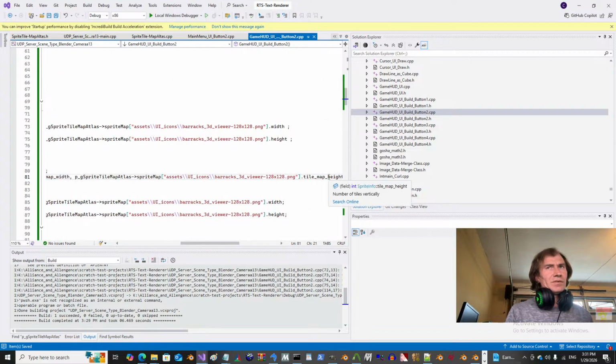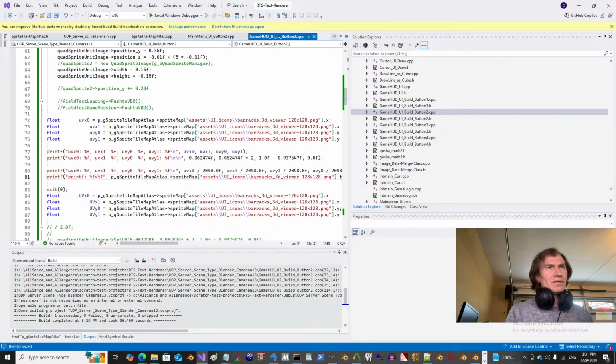Is it a float? No, it's an int. This is an integer. We could use U, but I usually use I. I need to reread printf's thinger. And this will be set to. We'll do this math here before we compile because